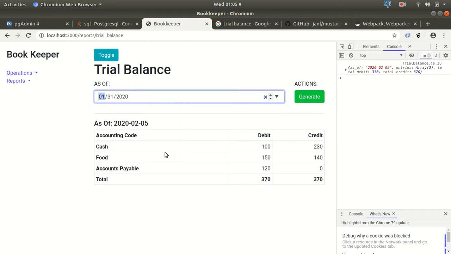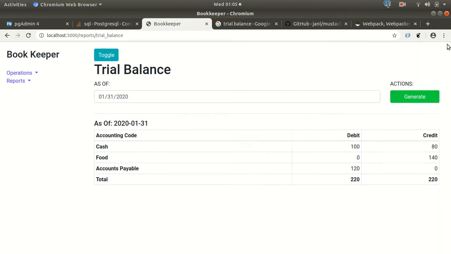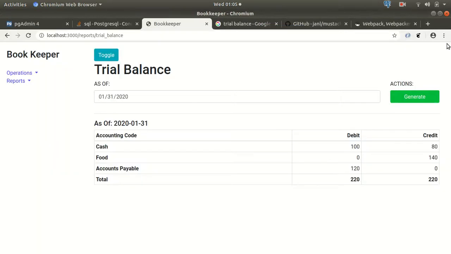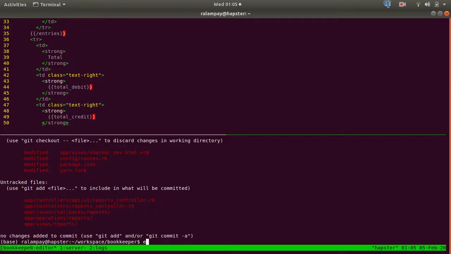January. Alright, so the values changed because these are only values as of January. Okay, so still a lot of work to do. I mean, we still need to before we commit this,